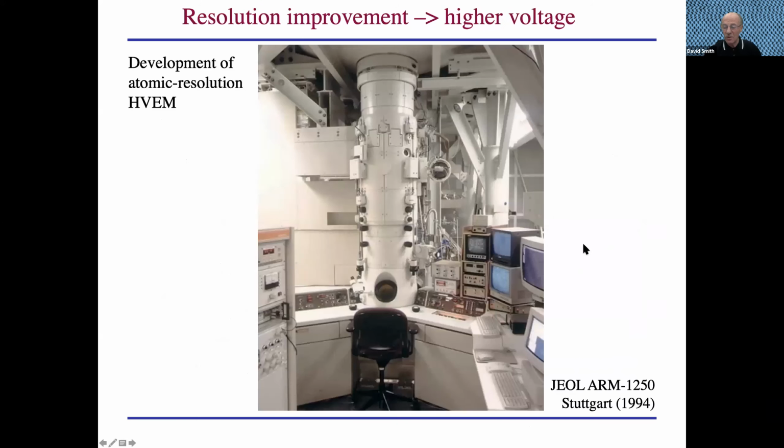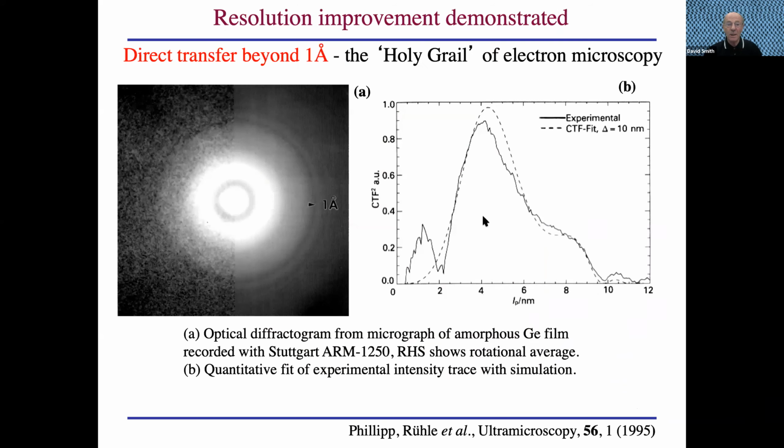Well, if we want to improve resolution, of course, the old conventional wisdom was go to higher voltage. And JEOL and Hitachi developed higher resolution TEMs. And there's the microscope in the Max Planck Institute's lab in Stuttgart. And lo and behold, 1 angstrom was achieved. So the Holy Grail was something that when you were a young graduate student, you could never get: 1 angstrom in the electron microscope, an impossibility. And yet, here we are, there's the first zero of the transfer function measured by this optical diffractogram back then, and 1 angstrom was achievable. Not only that,